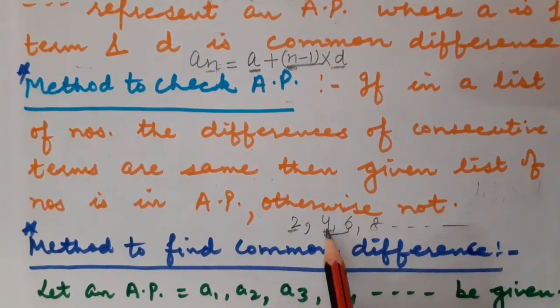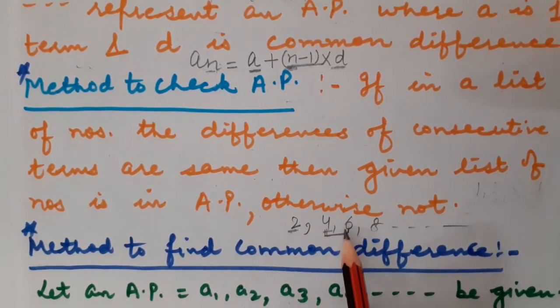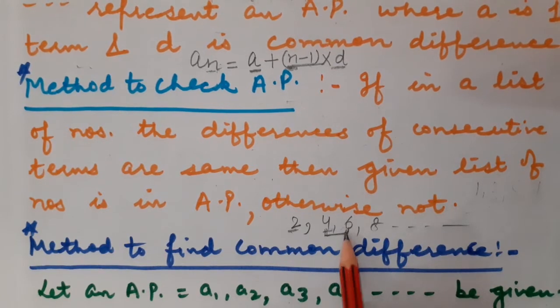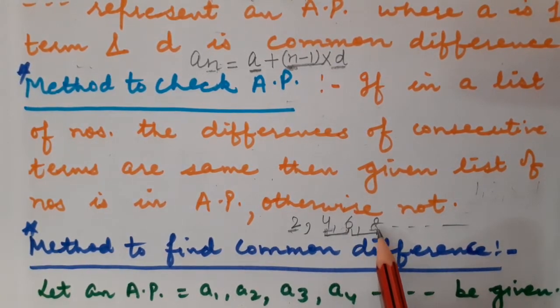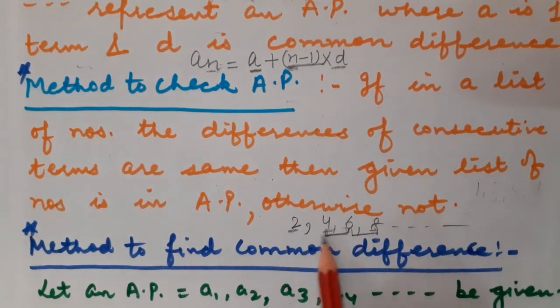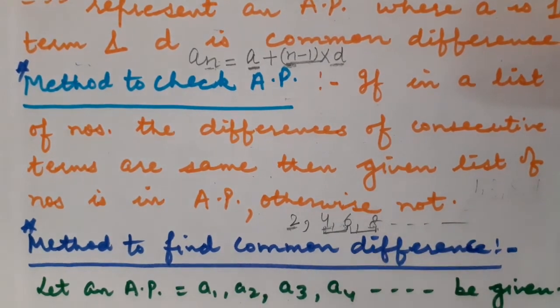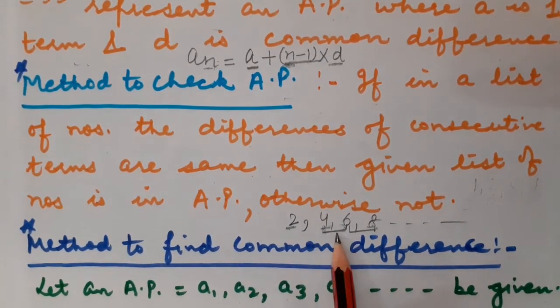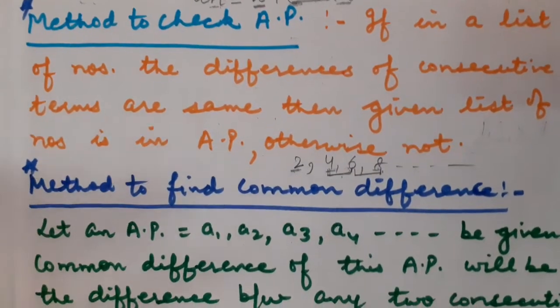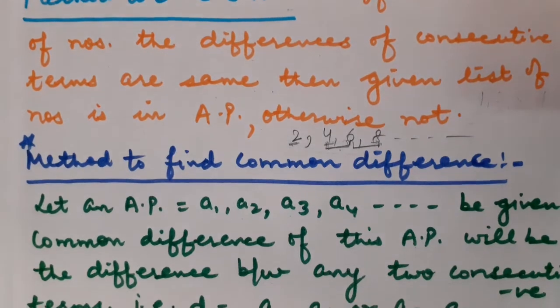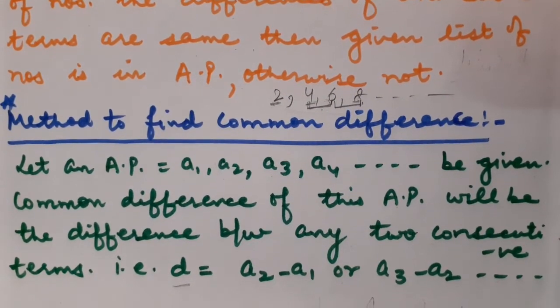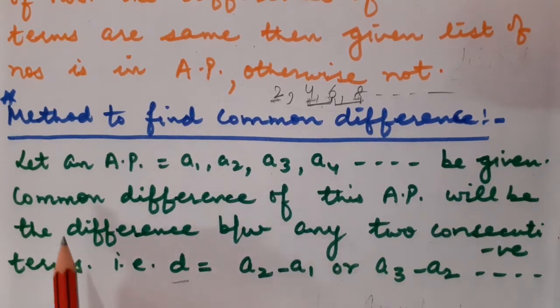Let us talk about the next two consecutive terms. D is equal to A3 minus A2, that is 6 minus 4, again 2. Let us talk about the next consecutive terms. It would be 8 minus 6, that is A4 minus A3, again 2. Since I am getting the same common difference in each and every case, this confirms that the given list of numbers forms an AP. Correct, students? So while confirming whether the given list of numbers is an AP or not, I have also explained how to find the common difference. Let us give a quick recall.